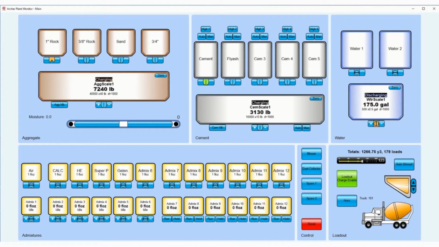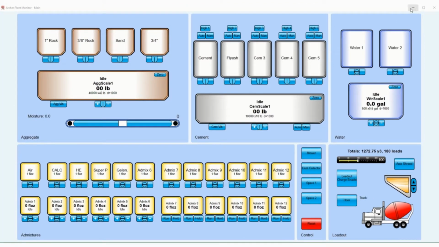Obviously, any plant activity will be reflected in the plant monitor, and therefore it works in conjunction with the loads window when batching automatically. The converse is true also when any manual batching from the plant monitor is reflected in the loads window. To open the plant monitor, click on the green button at the top right of the Archer